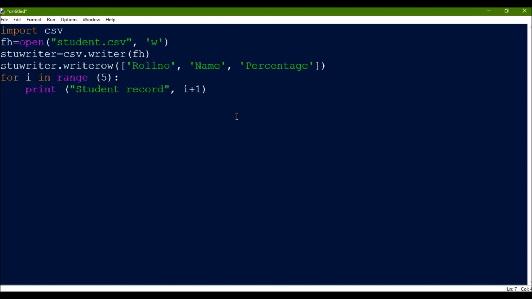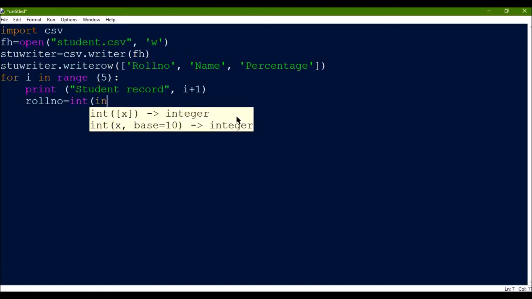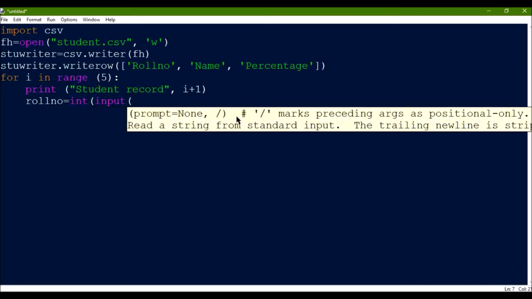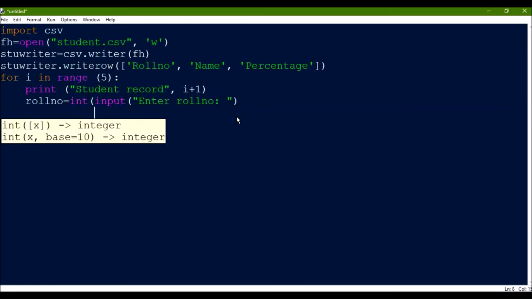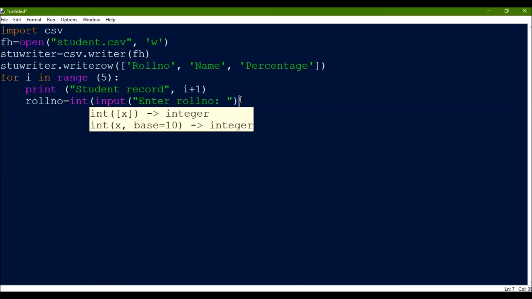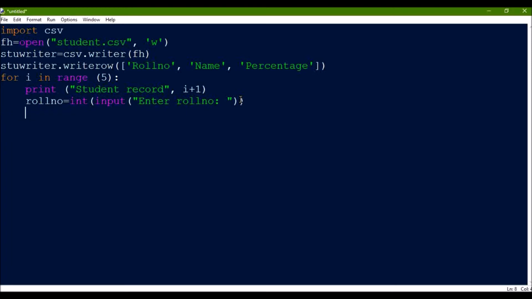Then I will enter the roll number. I'll take one variable, and this is of integer type, so I'll type int and then input, and then I'll type a message for the user to know: enter roll number. Then I want the user to enter the name, so I will take a variable name. This is of string type, so there is no need to mention the type.